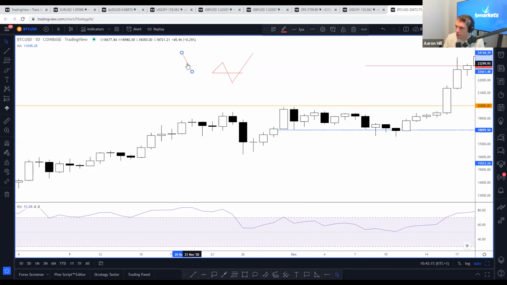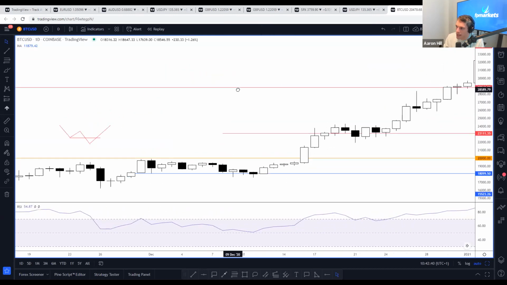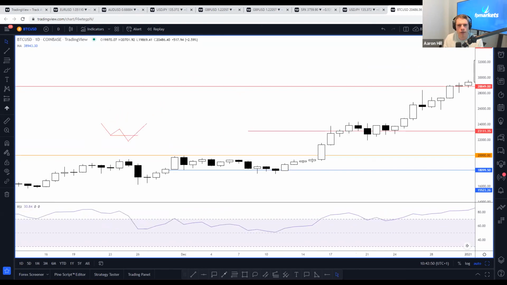Anyway, so we have the low at this point here. We have the high at this point here, rounding off. Then we have the whipsaw to the downside. Because remember, guys, if you really just think about this, all this is a fake out, nothing more. You can call it what you want, but it really is nothing more. And here is the fake out. Here is the bear trap. And it's at this point here and the subsequent move higher. So would I have traded when price was at this point here? Potentially I would have done because of the 20K area. But look, let me just see if I've answered those.